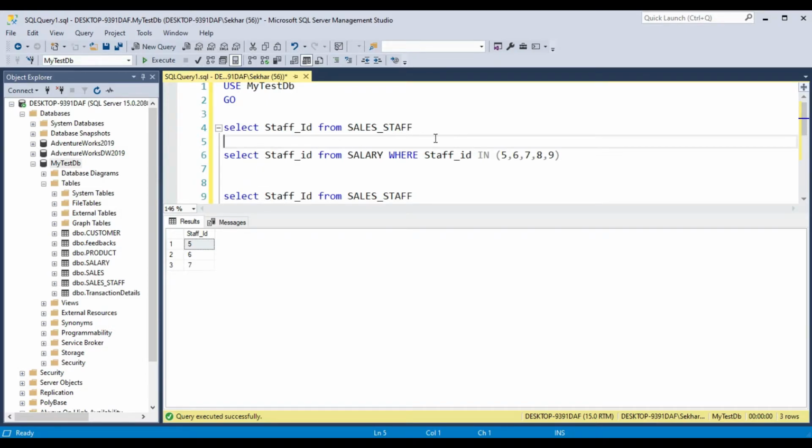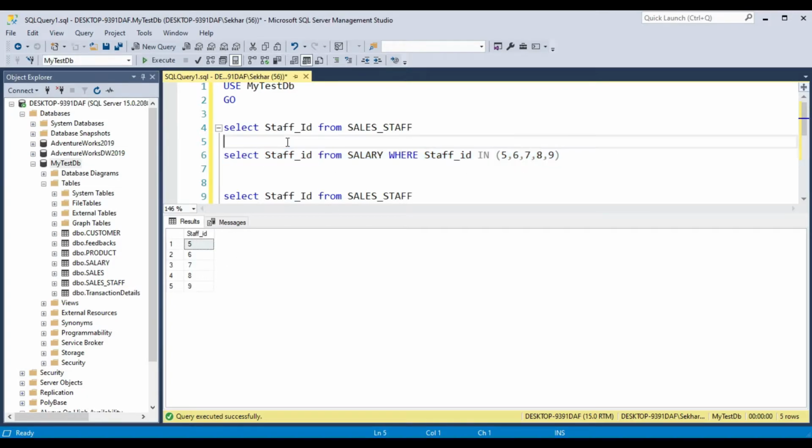So here we have two queries. Query one gives you 9 records, 1 to 9. The second query gives you only 5 records, that is 5, 6, 7, 8, 9.